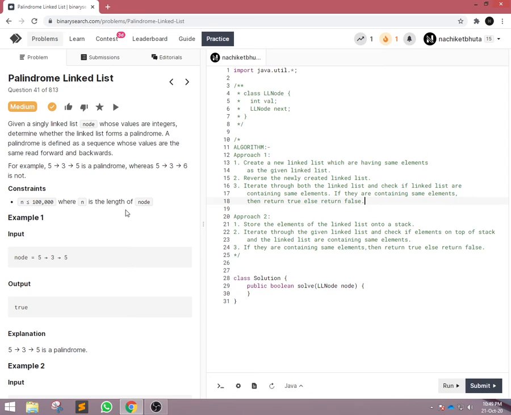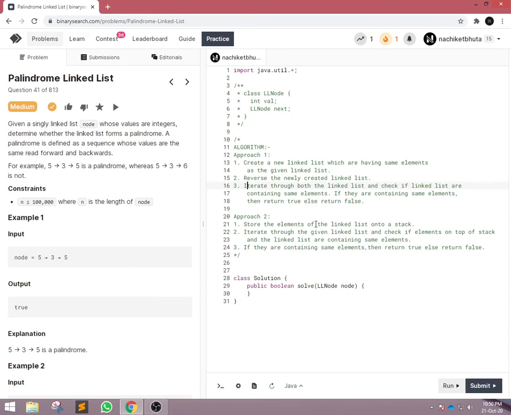The second step in that approach is we can reverse the newly created linked list, so that we can check if it is a palindrome or not, because after reversing, all the elements must be the same as per the given linked list. After that, in the third step, we will iterate through both the linked lists, and in each and every iteration we will check if the elements are the same or not.